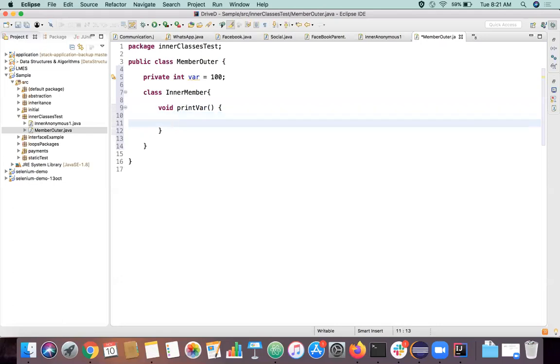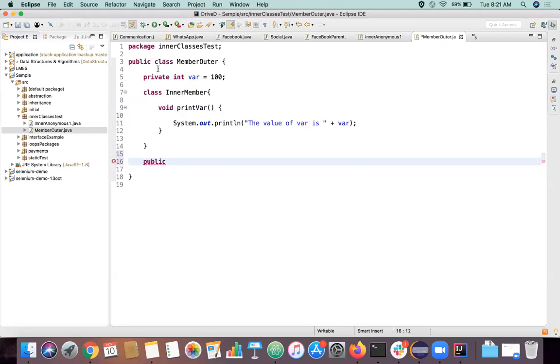So what I'll do, I'll just print something here. So I'll declare my class here. What I'll do in the main class, I'll create a main method.